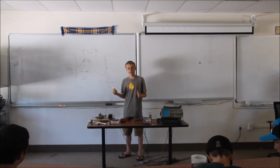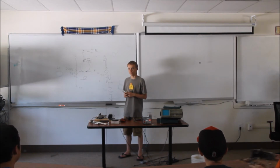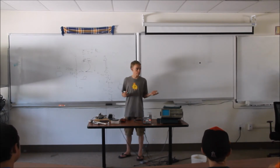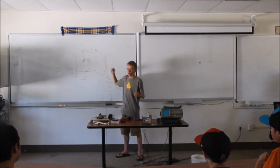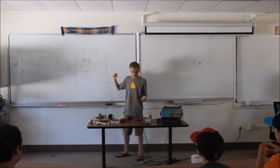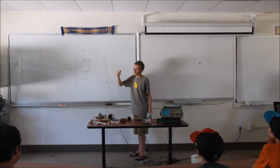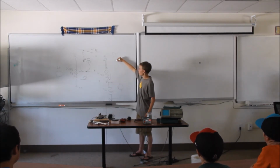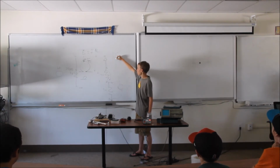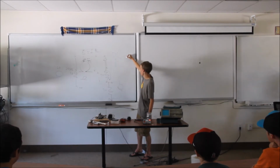The first and second line tell you the first two digits of the resistance. So for instance, black would be 0, brown would be 1, red would be 2, and so on through the rainbow. So if we have a resistor that has the first line being red, the second line being brown, the third line being black, and the fourth line being black,